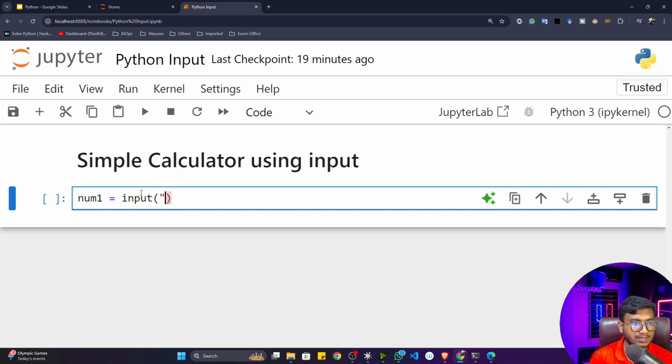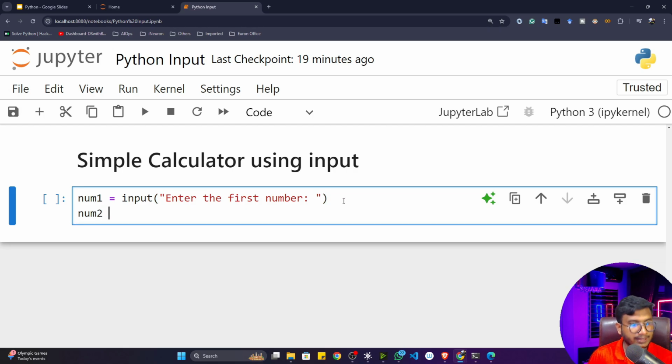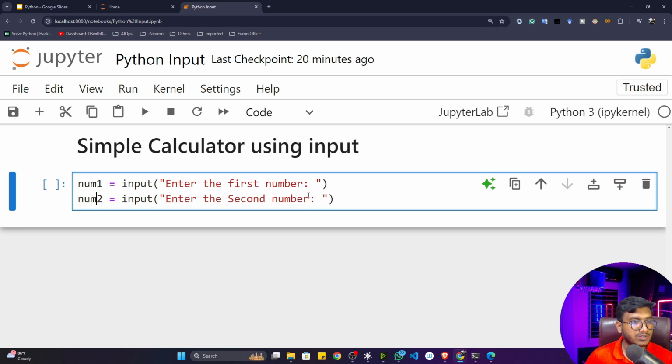So here I can give a message, enter the first number. Okay, enter the first number. Then I'll take the second number as an input. So again, I'll call this particular input, and inside that I'll copy this particular message as it is, enter the second number. Okay, now one thing I have to do, because if you see, if I execute this particular program,